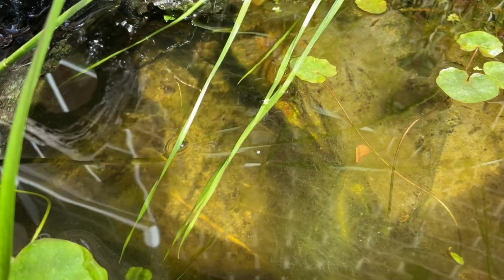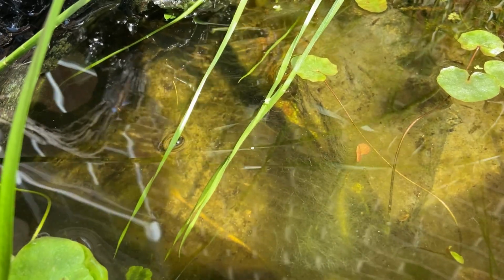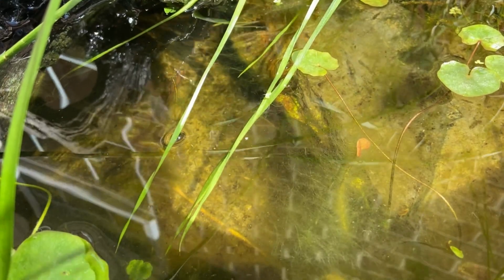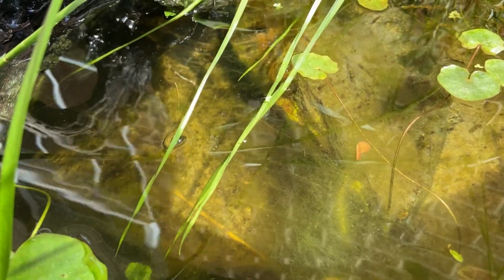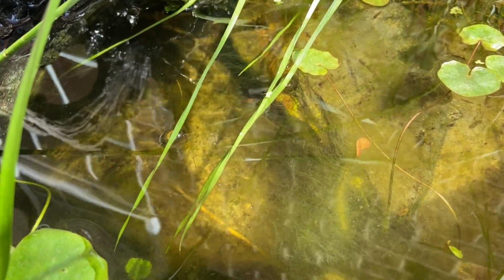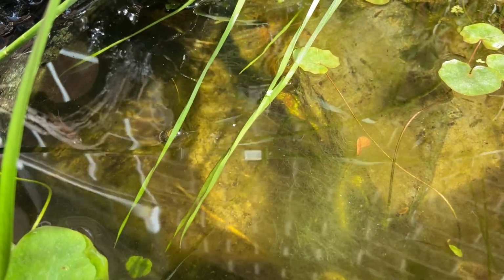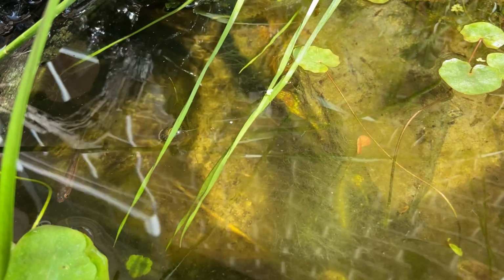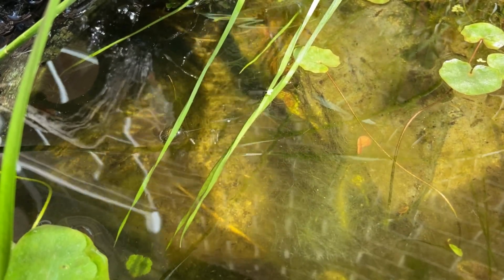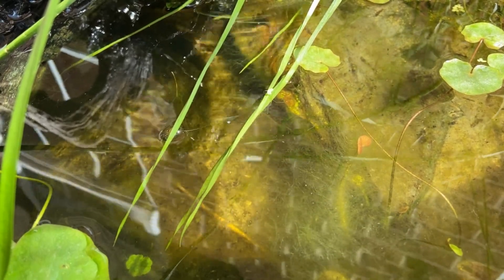And I should probably come clean on the fact that I did take the swordtails out, and I tried to take as many of the American flagfish out as I possibly could. But I could only find 3 of them out of the 5. I didn't take the shiners out. Now, it might be a bit unethical to say, but I was basically doing a little bit of an experiment, because I've done a lot of research on where these fish naturally come from in the wild, and it seems that they have quite a cold